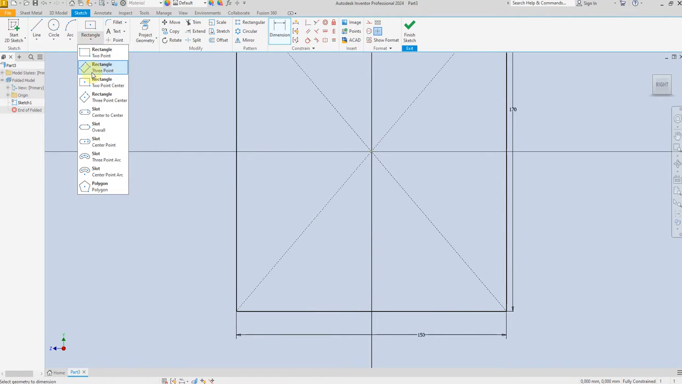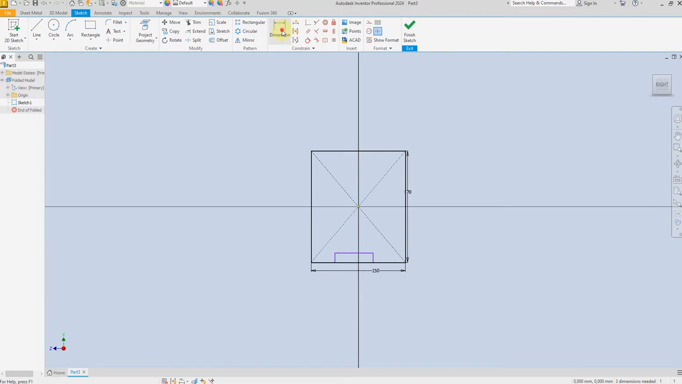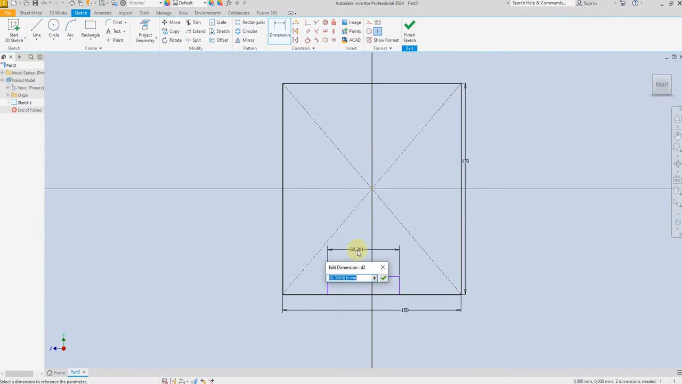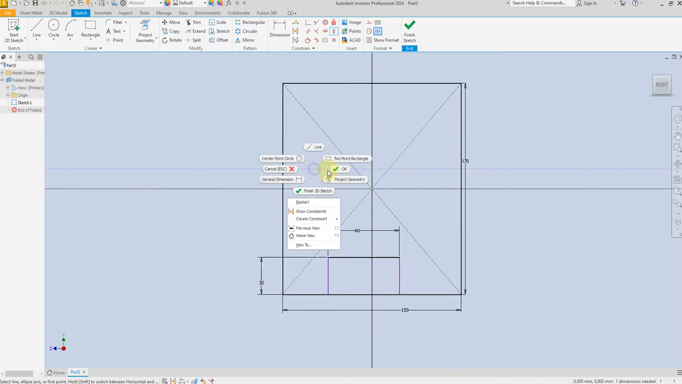Draw a rectangle again like this one, give a dimension 60 millimeter, and for this one 30 millimeter. Select vertical constraint, select this midpoint and select the center. Vertical constraint, select midpoint to the center,